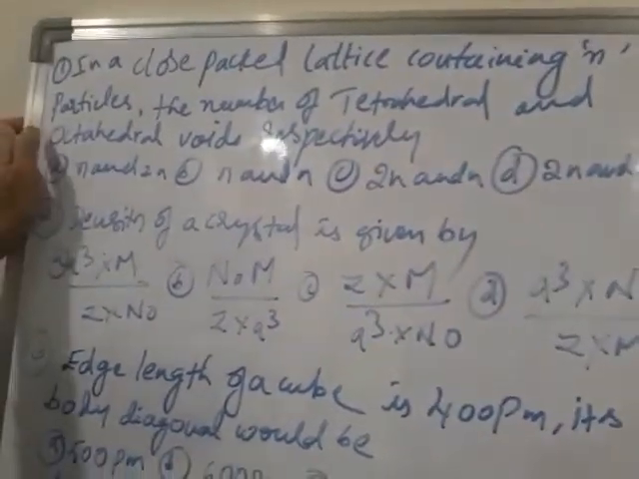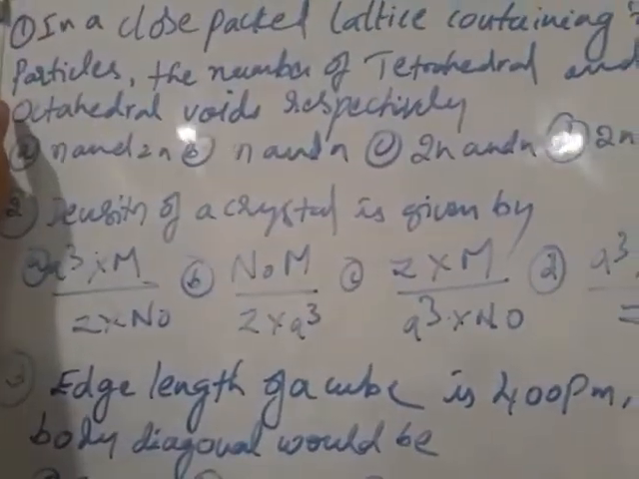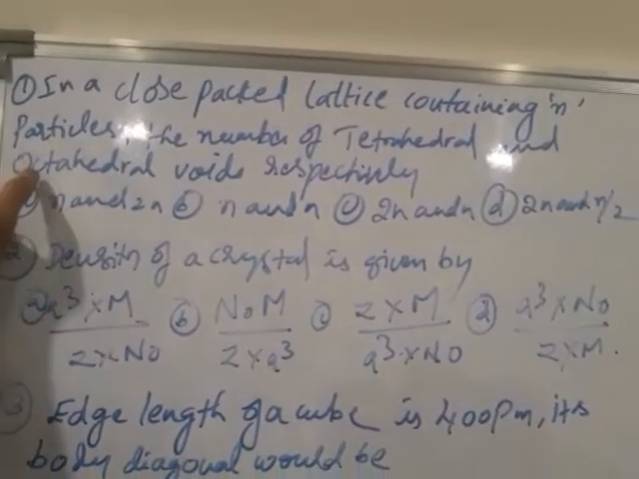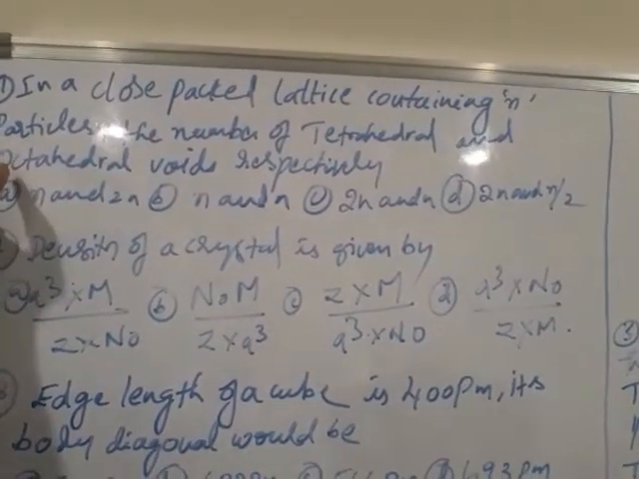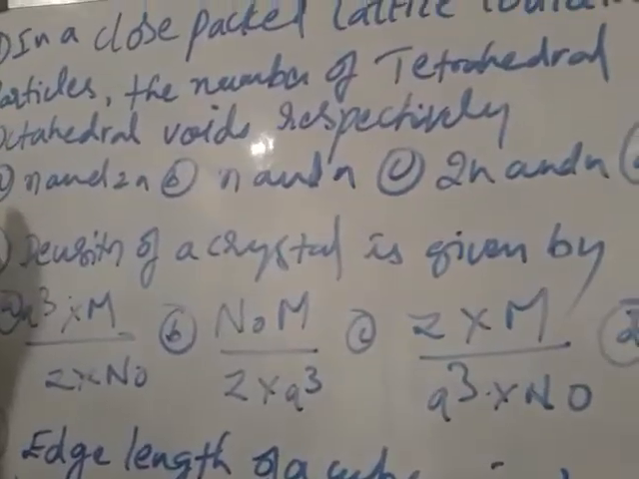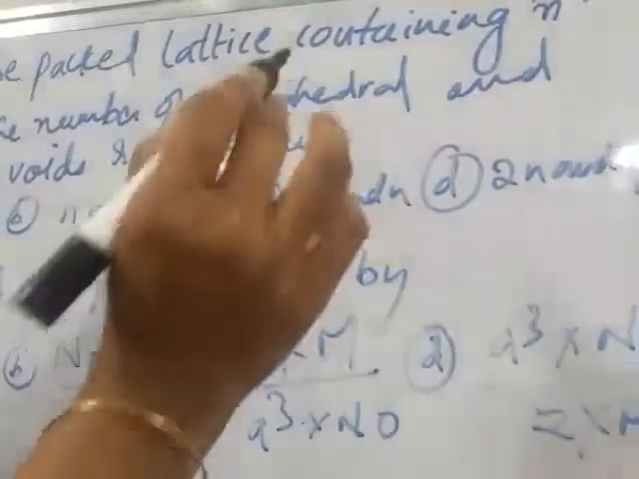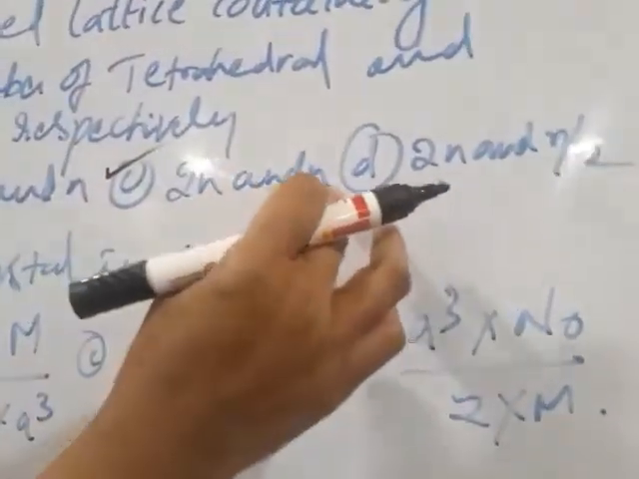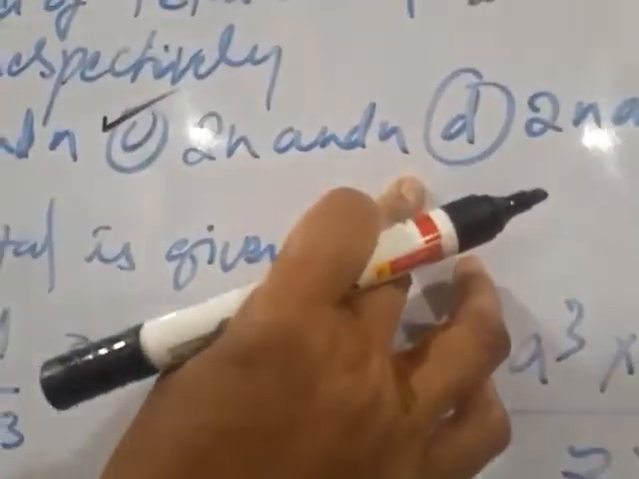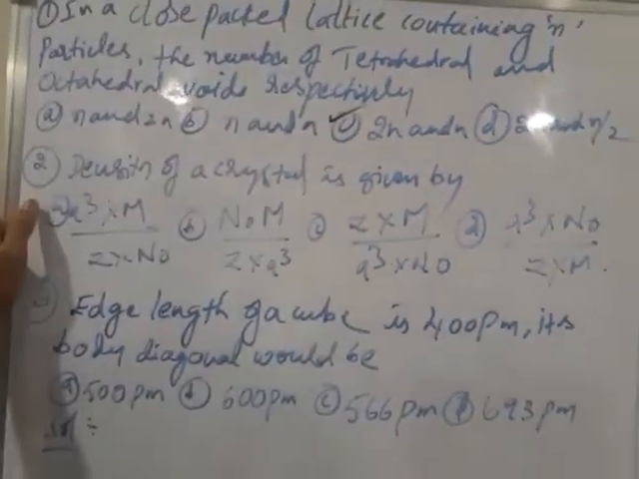Why? Because octahedral voids are formed by 6 spheres. 3 spheres belong to a particular layer and 3 spheres belong to the next layer. That's all. Only one way for the formation of octahedral voids. That's why the number of tetrahedral voids is 2n and the number of octahedral voids is n. Okay, next, density of a crystal